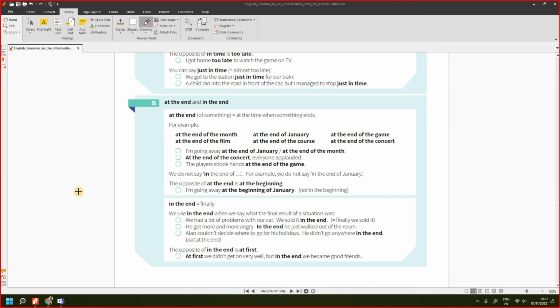I would say, the students were working hard for the exam. In the end, they all cleared. Okay, so I can use a sentence like that. So in the end, they all cleared. That means I'm talking about the result, I'm talking about the consequence. Now this makes the difference between "at the end" and "in the end."